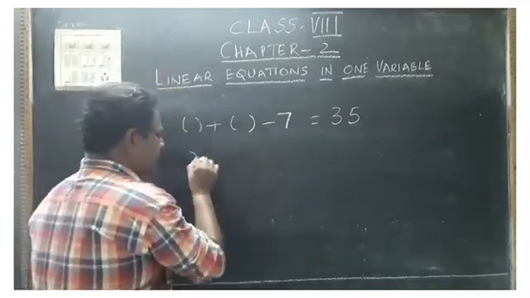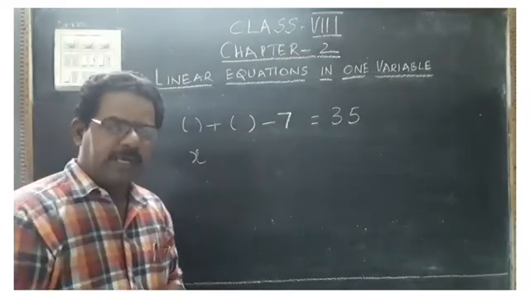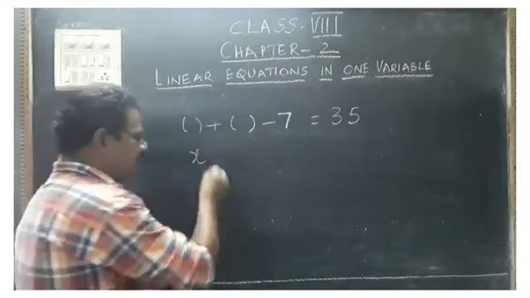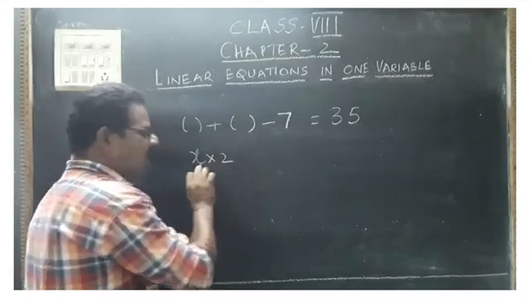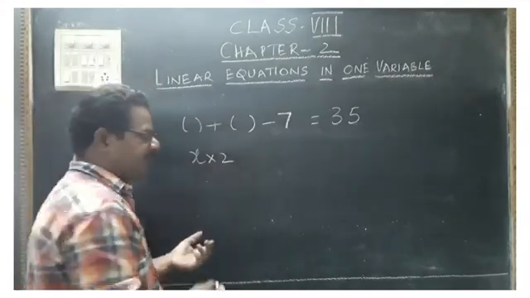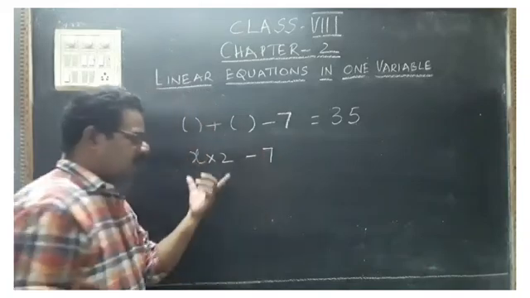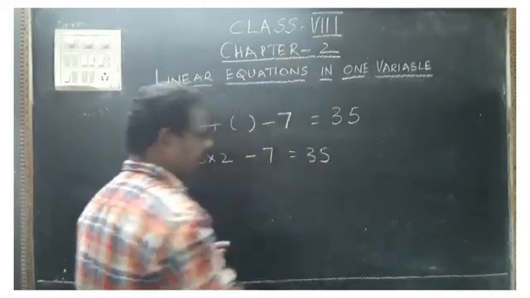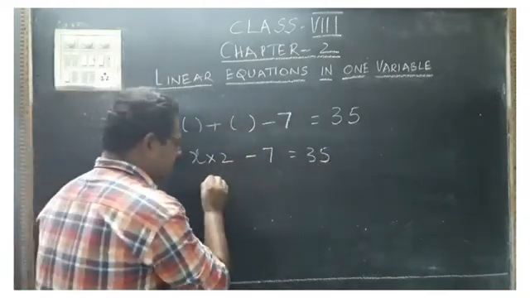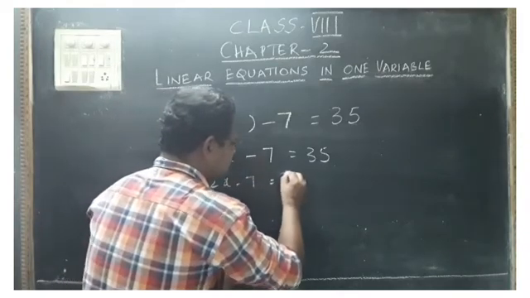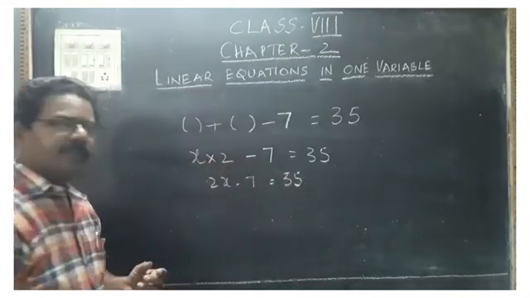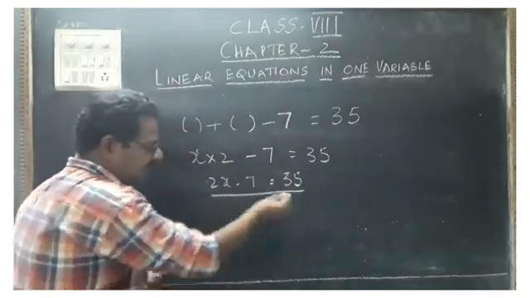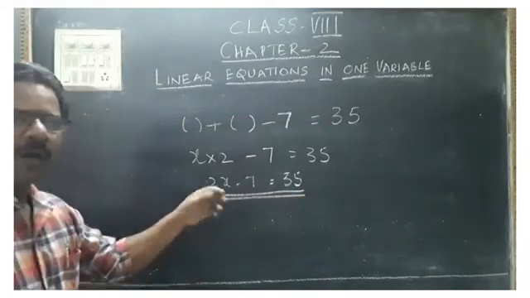So, what you will take, you can think the number is equal to x because it is an unknown number. Okay, so x is the number. Then, doubled it. Doubled means plus x or into 2. Both are the same. And take away 7 from the doubled number. Then the result is equal to 35. Okay. So x into 2 is 2x, minus 7 is equal to 35. Understand? So 2x minus 7 is equal to 35 is the linear equation we got. We have to solve this equation.